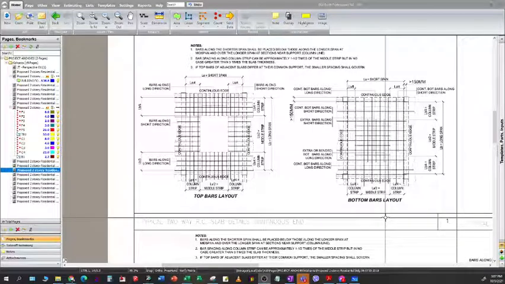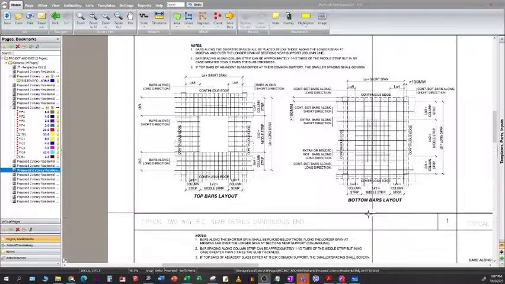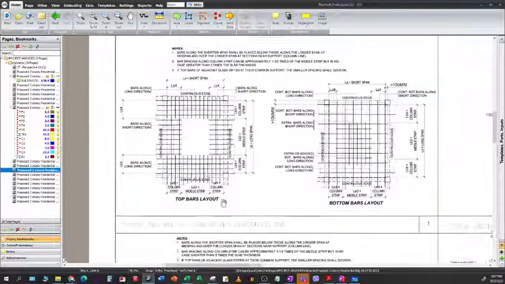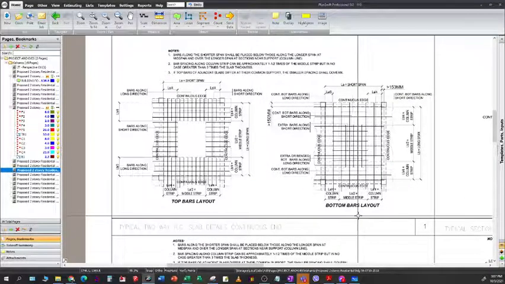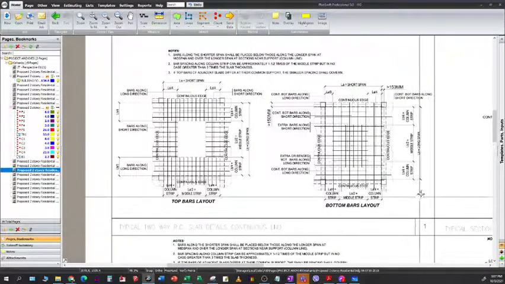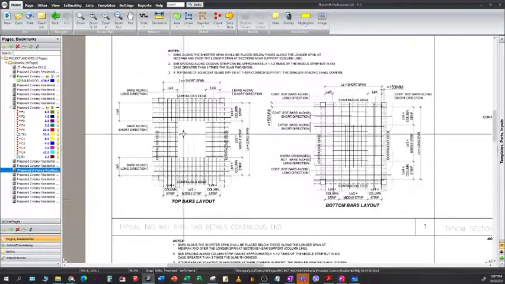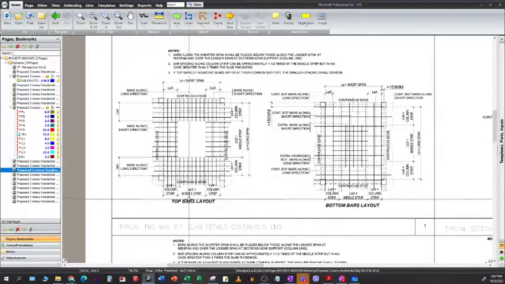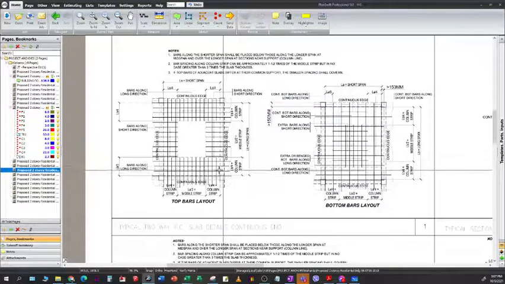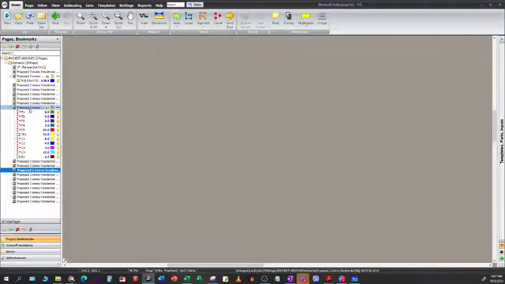This is how to estimate a two-way slab. So here in the plan, you can see the layout for top bars and the layout for bottom bars. This is just for a typical slab. We still don't know what the spans are. Now we have the shorter span and the longer span. So we look at the plan and try to analyze